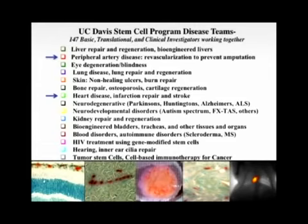NIH funding and California Institute for Regenerative Medicine funding, so no companies. We have a large program at UC Davis of people working on stem cell therapies. So these are the 15 different disease teams that we have formed, 15 different areas. These are made up of 147 basic translational and clinical investigators working together. And we can only truly get to the best therapies if we do work together. So the basic scientists, we understand the stem cells, we understand